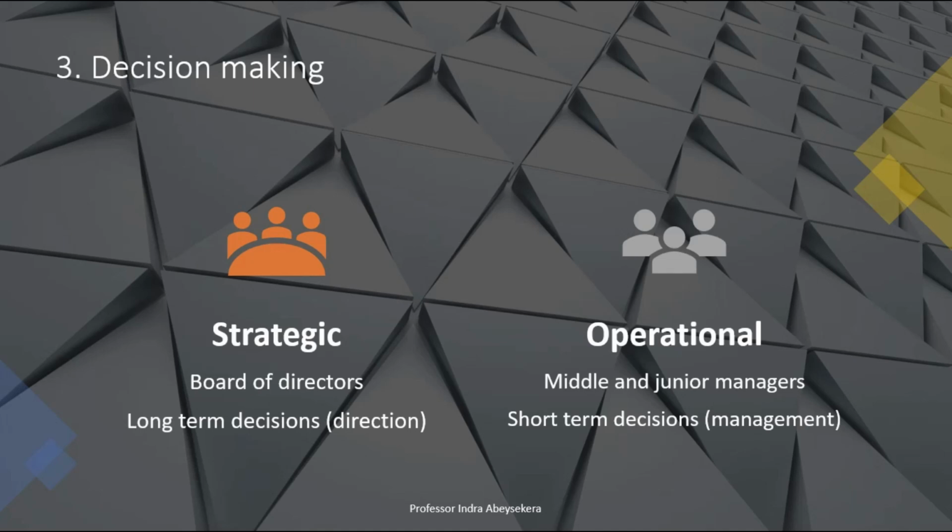The third aspect is the decision making. There are two areas of decision making. The strategic decision making, which is done by senior management and the board of directors. They're about long-term decisions which set the direction of the enterprise. Then the other aspect is the operational decisions. These are made by the middle and junior managers, which are about short-term decisions,